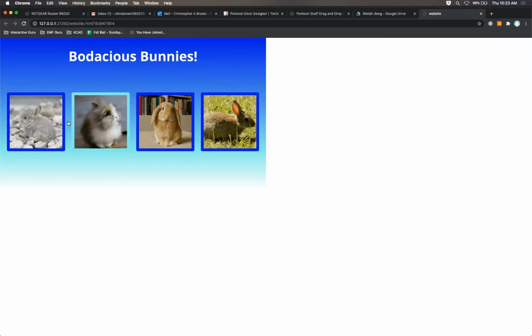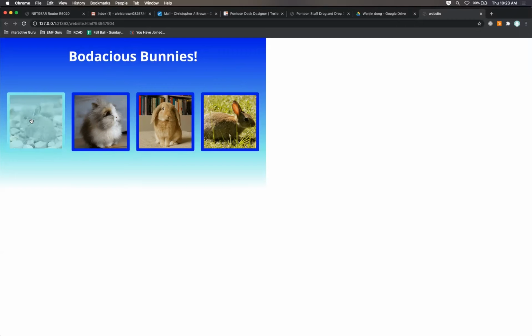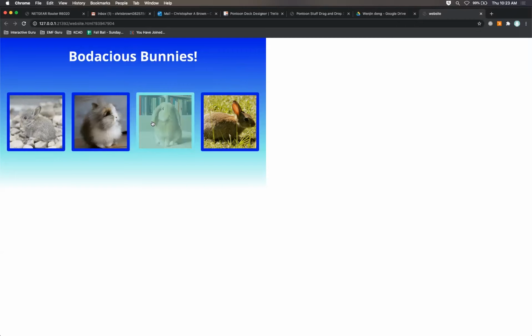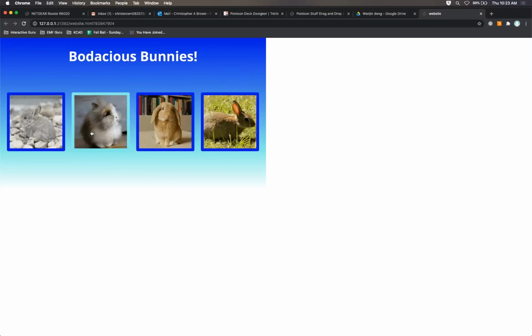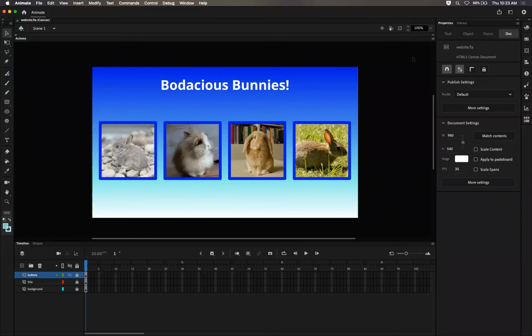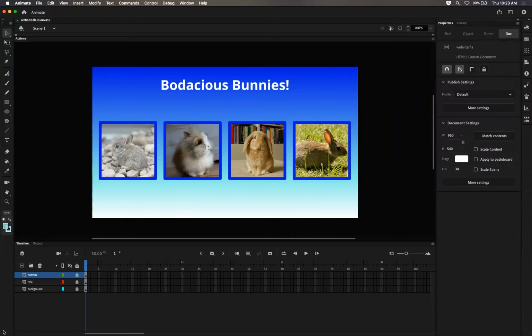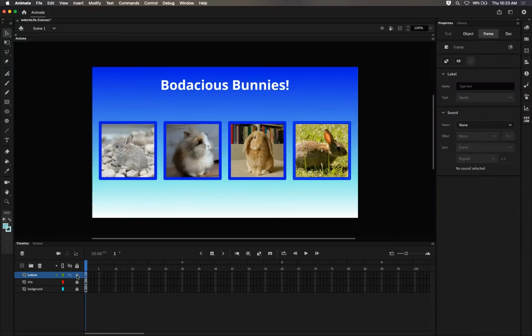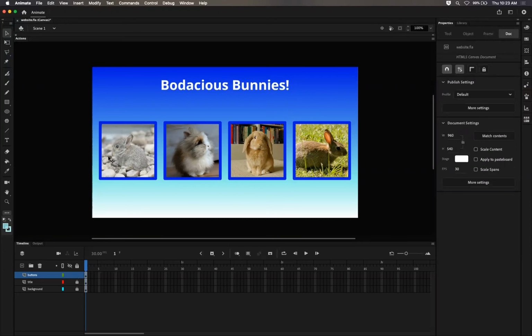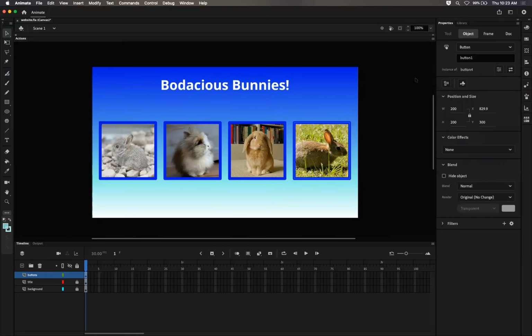That's very, very helpful for laying things out. And then we did some stuff that's been the same, repeating how to set up a button, getting all that set up. Actually, one more step. I want to set my instance names. Now, a lot of times you might not need to do this. I need to unlock my button layer, but it's just better, especially because I set one of them. I want to set the rest of them. So I'm going to keep it in line with what our